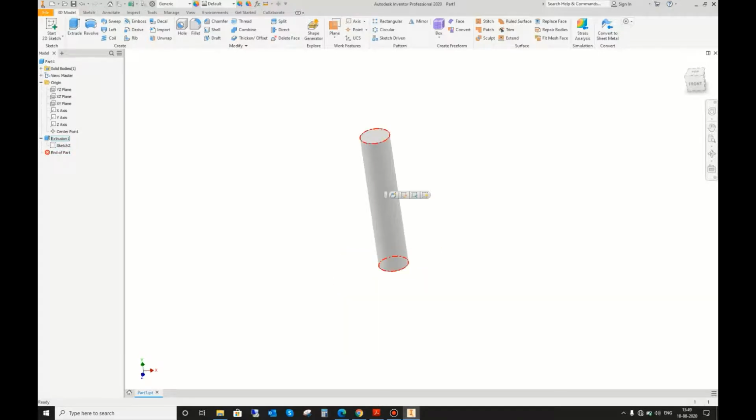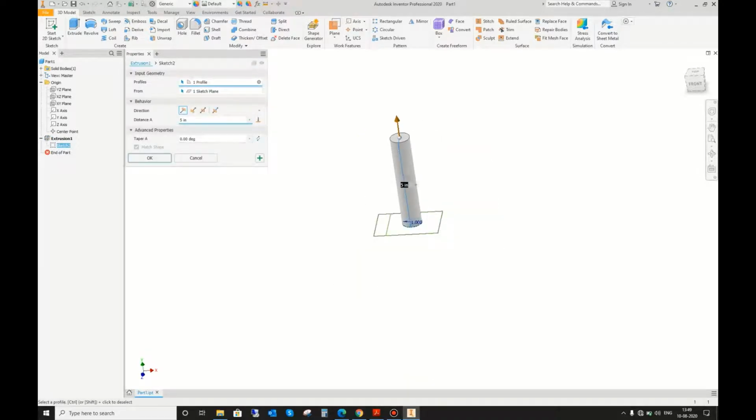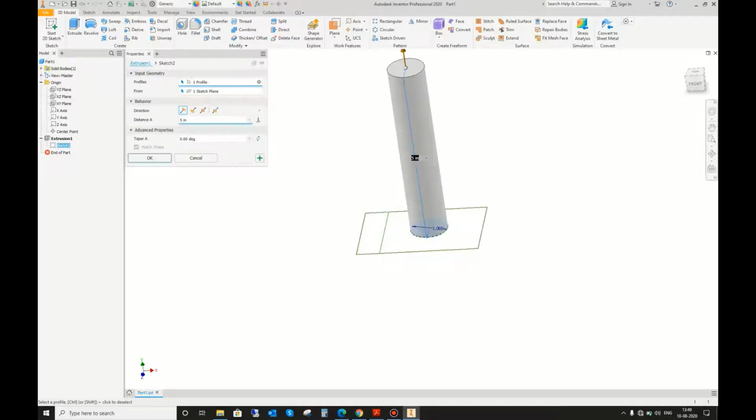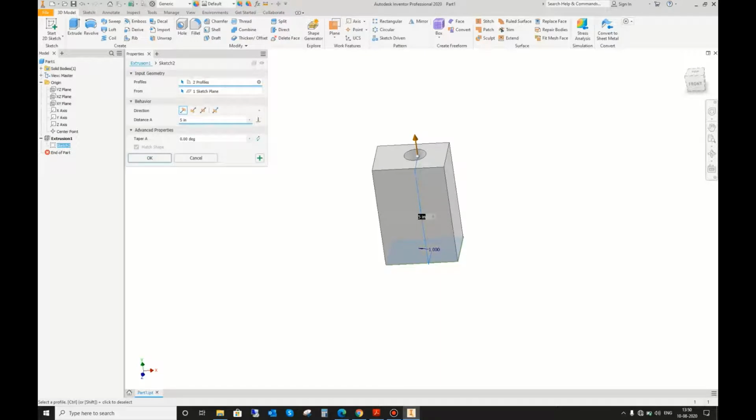So double clicking on that extrusion 1, I will find different options which I can edit in our pre-made extrusion. So now you can see that I can select multiple profiles here. If I select this, the shape will be changed. If I select this, the shape will be changed. To deselect any profile, just press Ctrl and then click on the profile you want to deselect. So you can see that we can select multiple profiles in the extrusion feature and in any other feature which we will use in Inventor.